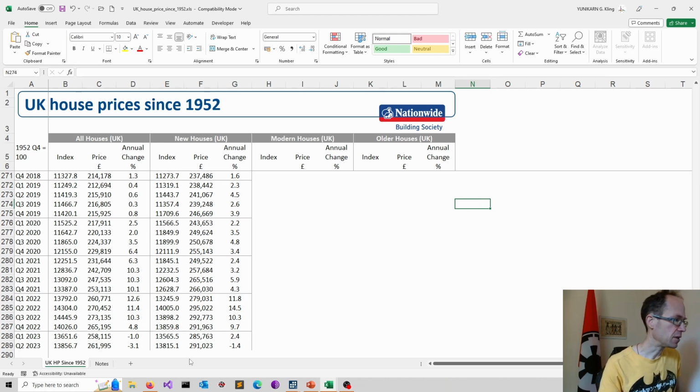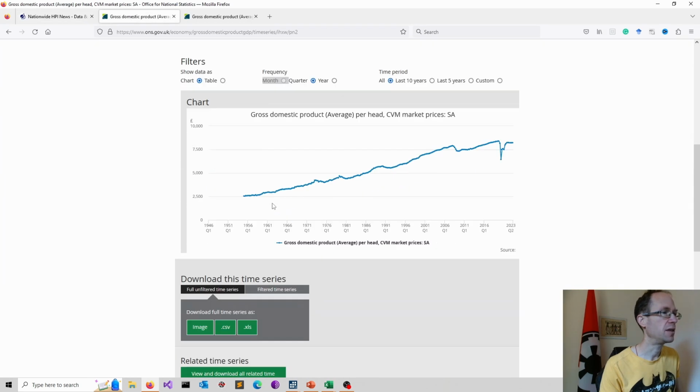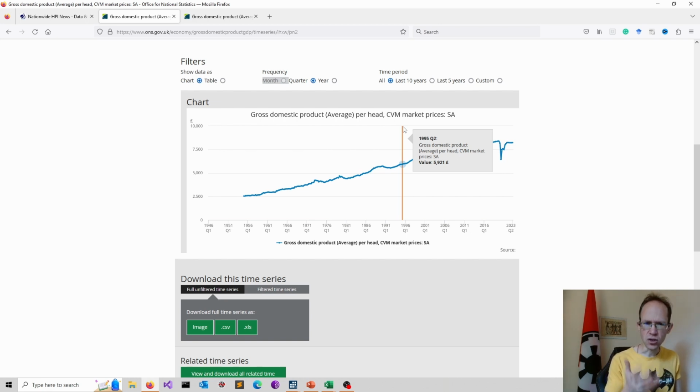To get the data, we head to the ONS, and we obtain data for the gross domestic product per head. CVM stands for chained volume measures, which we might cover in a future video. It's actually quite interesting. In short, this is an adjustment for price changes, but I don't want to go into details at this point. So again, we can download all the data in Excel files and have a little look